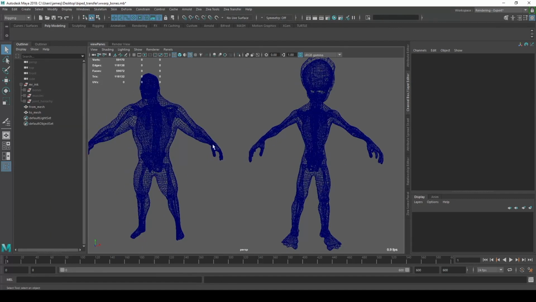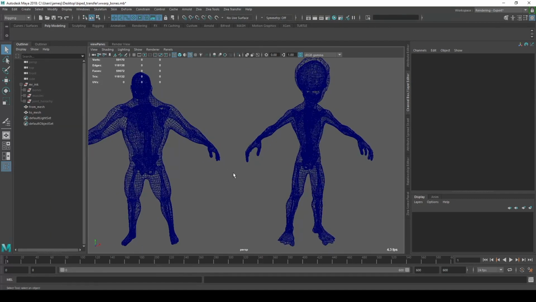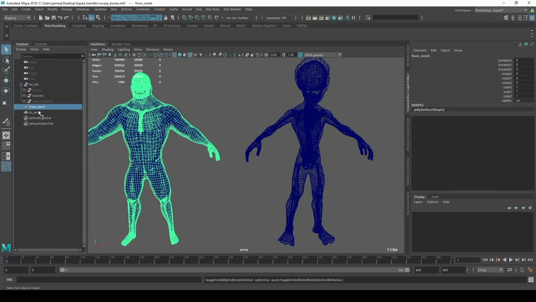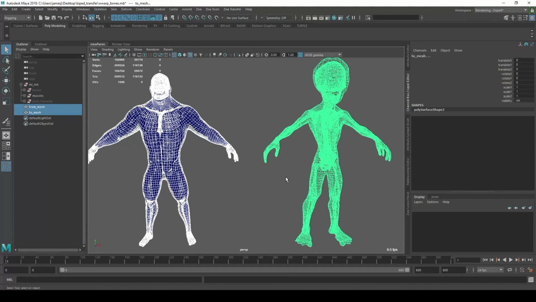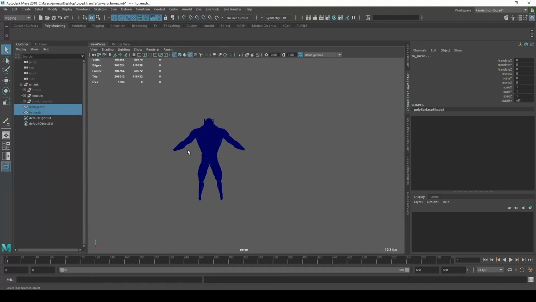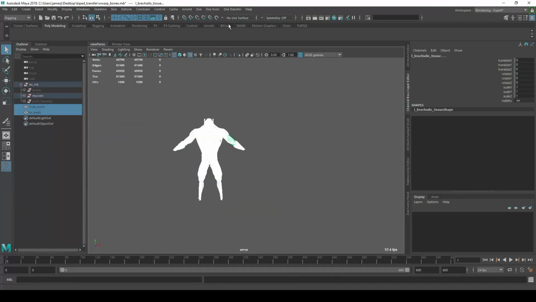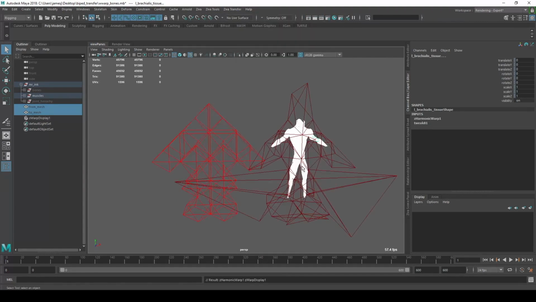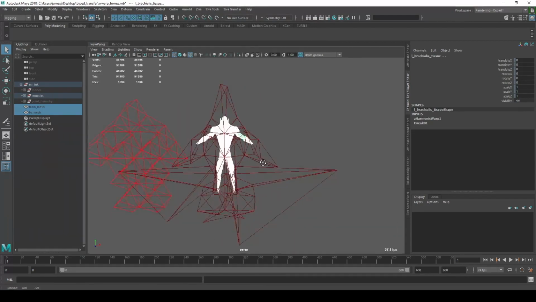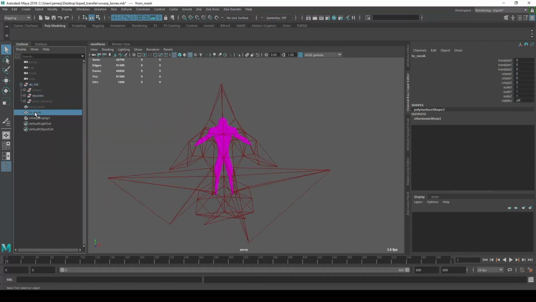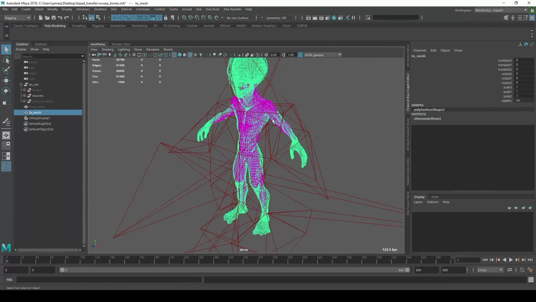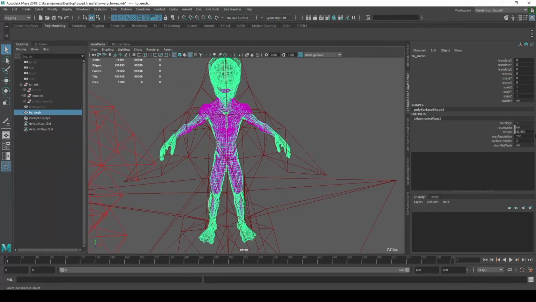So now that I have these correspondences, I'm going to use that as a basis to transfer Mr. Ink's muscles. So I'll select Mr. Ink's from mesh, Oid's to mesh. I'm going to hide them. Then I'm going to marquee select Mr. Ink's muscles. And then in the transfer menu, I'm going to use the harmonic warp. And you'll see very quickly we can now see that the muscles are generally fitting Oid's body,